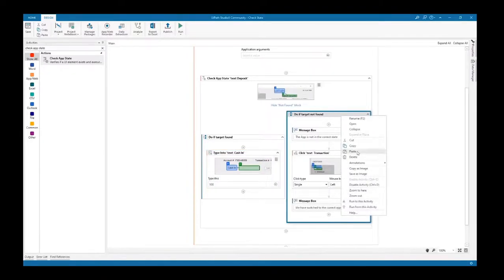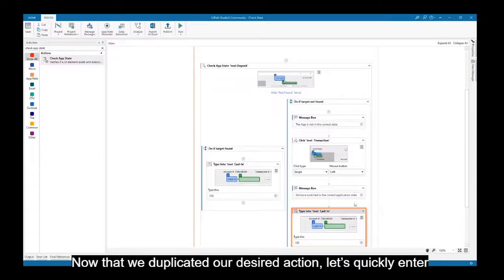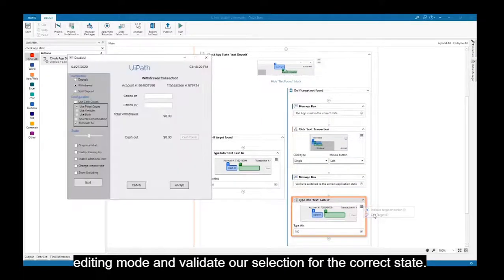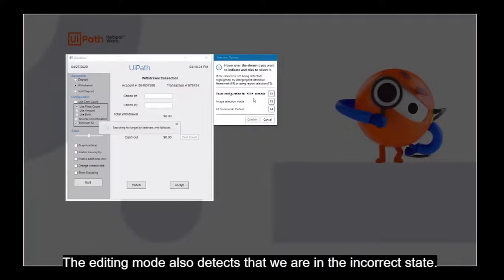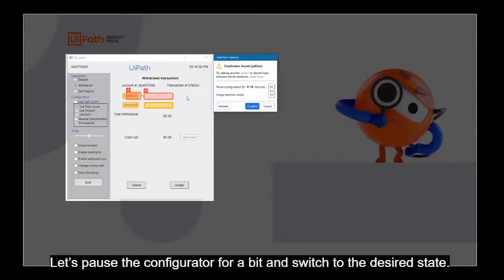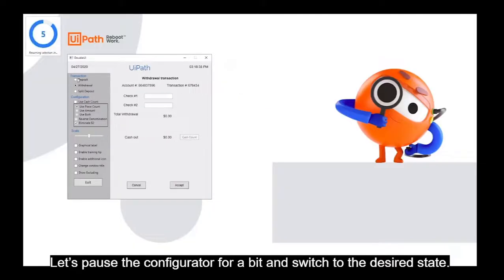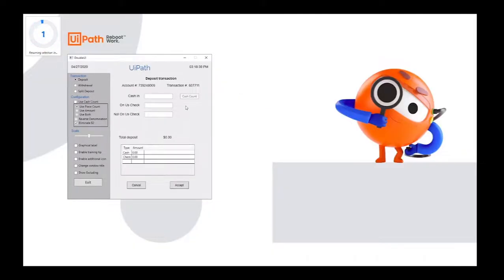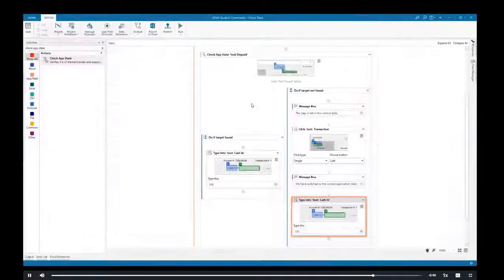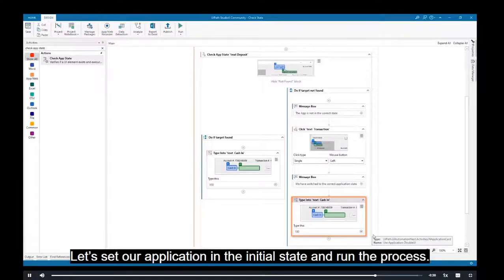Now that we've duplicated our desired action, let's quickly enter editing mode and validate our selection for the correct state. The editing mode also detects that we're in the incorrect state. Let's pause the configurator for a bit and switch to the desired state. Our UI element is identified successfully. Let's set our application in the initial state